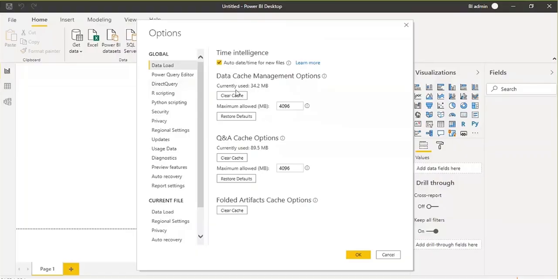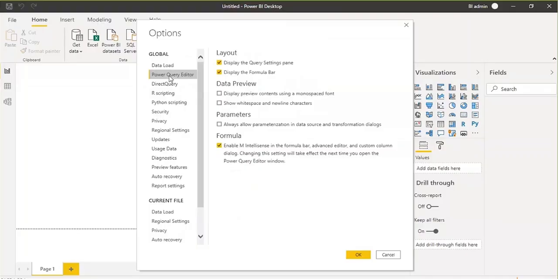If you see here that your cache is more than 500 MB or more, you have to clear it manually. Otherwise, if you have consumed more cache, you will feel slowness in Power BI desktop. So always make sure that you clear it once in a month. If your usage is heavy and you work on large data sets very frequently, every day, then it's better to clear the cache every week or every 15 days. Otherwise, once in a month, or once in 2 or 3 months, you can clear the cache from here. Now let's go to the next portion, which is the query editor.